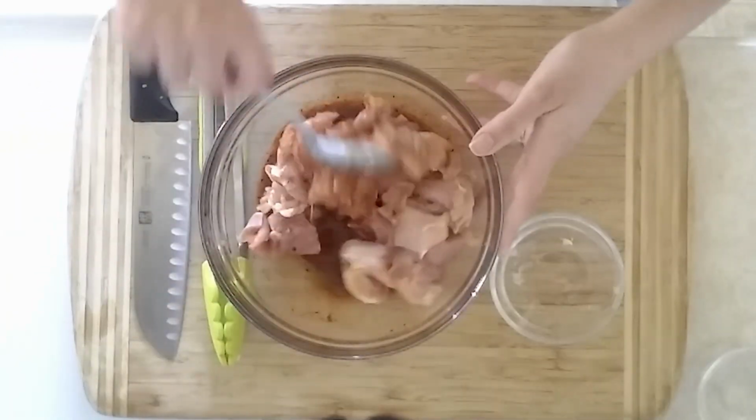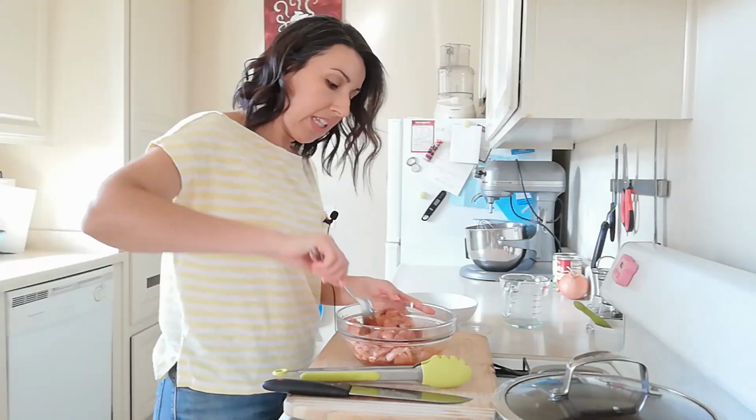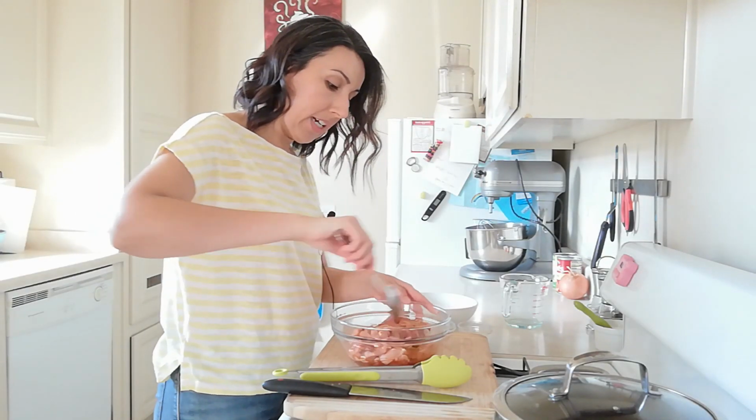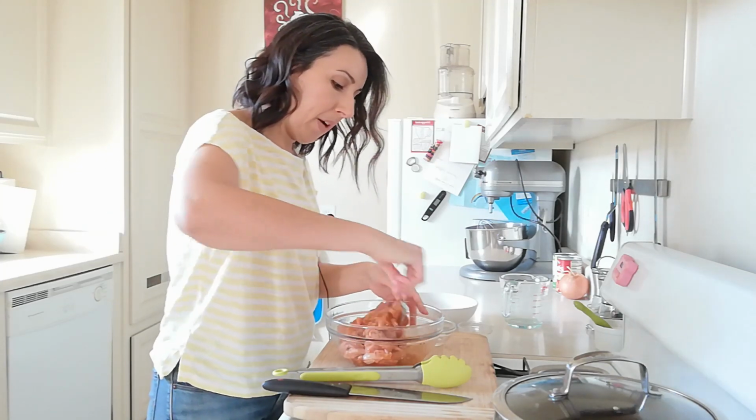And we're just going to give this a good mix. This is something that you want to do at least 15 minutes before you're ready to start cooking, but up to an hour before. Anytime you're marinating